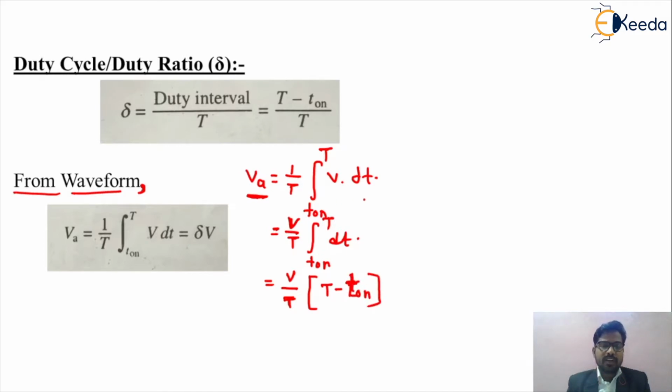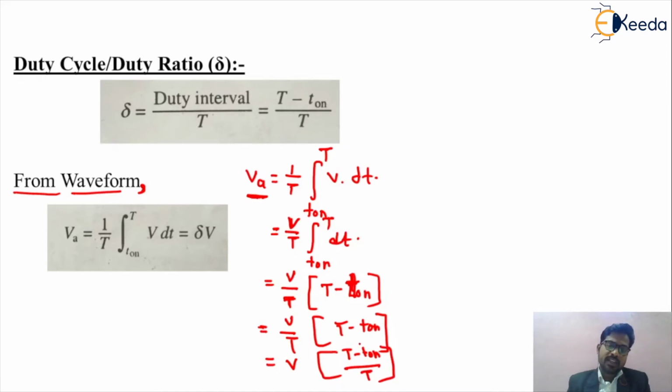So friends, this will be the T minus T on. We are getting a very important term in concern with that. As we know, this will be the value of V. Now we call it V by T, that is T minus T on. So what do you mean by T minus T on? As we know, the value of that particular V we kept as it is, and now we consider T minus T on divided by the total time period T.